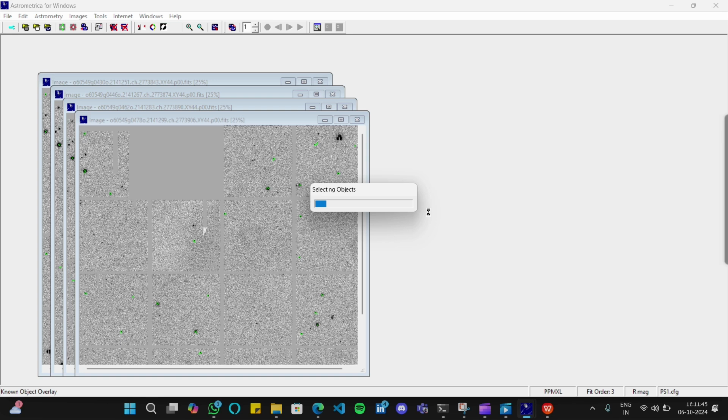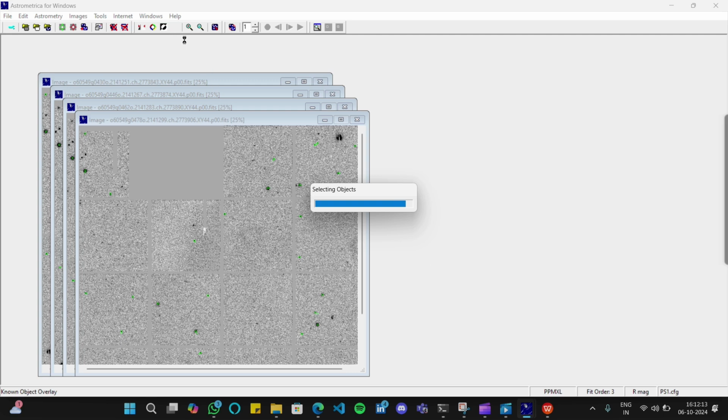One thing that I want to tell you is that while doing this, the selecting object bar is going on. Here you can see it is increasing. Don't click anywhere on the screen. If you click anywhere on the screen, you will see a not responding message here, and it will take some time to come back again, but don't do that. Simply leave the trackpad and wait. After it completes, you can see the results.